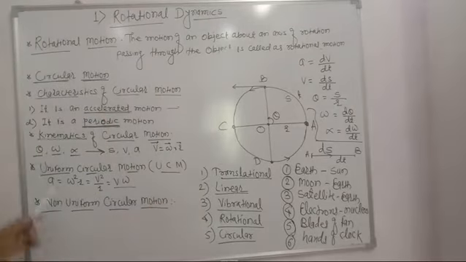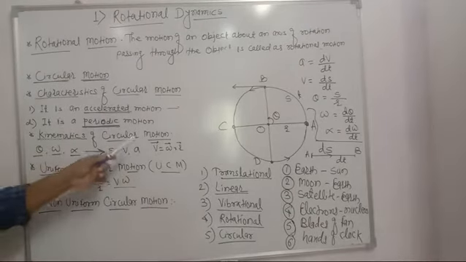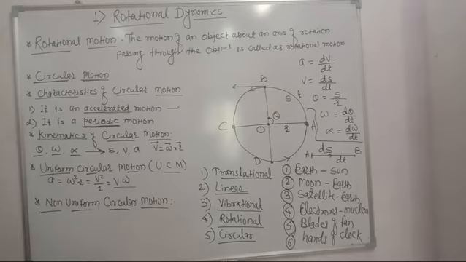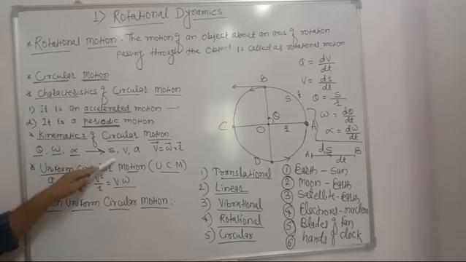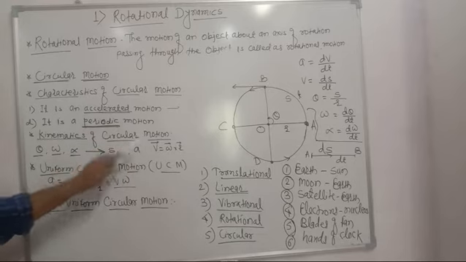In order to describe the kinematics of circular motion, we have to define quantities like angular displacement, angular velocity, and angular acceleration, which are analogous, meaning similar, to linear displacement, linear velocity, and linear acceleration for linear